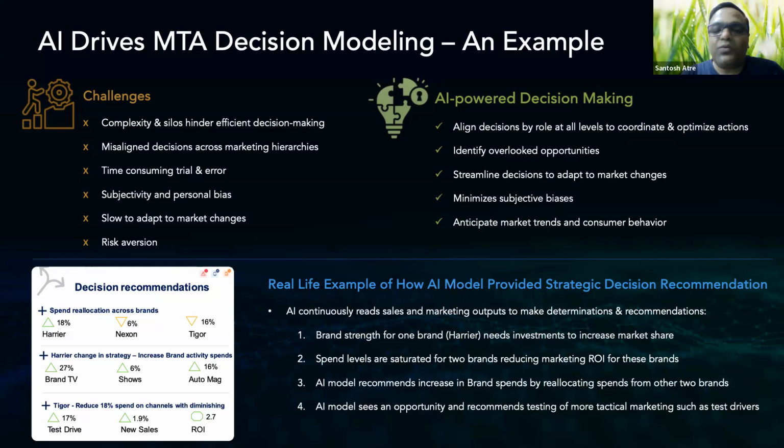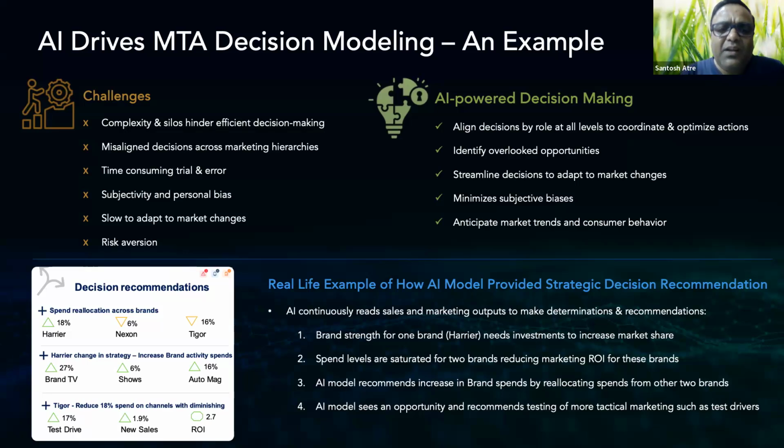And because of the processing power and how quickly it can analyze large volumes of data, it can help you identify overlooked opportunities for optimization. Because today, when you're making a campaign optimization decision, you might limit your analysis to a few parameters because of the time it takes to analyze a campaign. But with this processing power and the ability to intelligently process this information, you'll be able to identify any overlooked opportunities and streamline decisions based on any market changes that you might be seeing. And it also eliminates subjective biases or any historical biases that you might have had in your marketing over a period of time, and helps you better anticipate market trends and become more proactive and forward-looking rather than just being reactive.